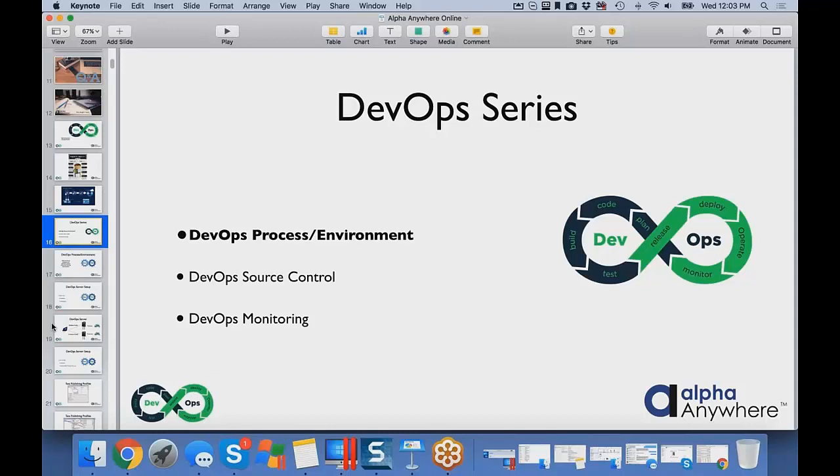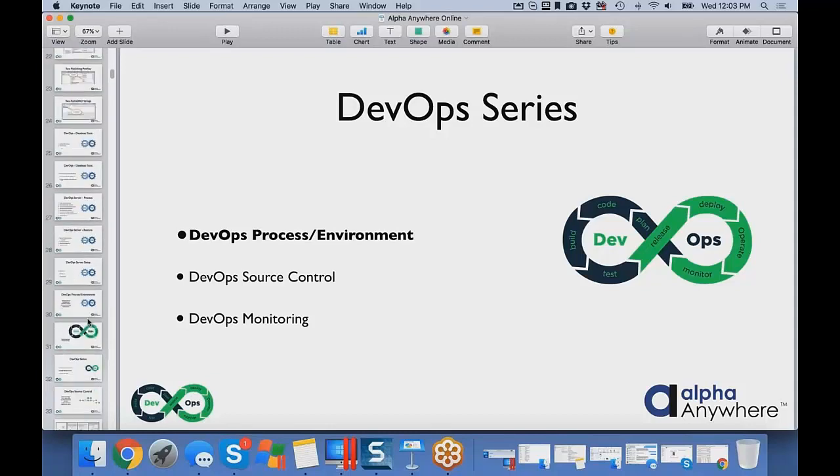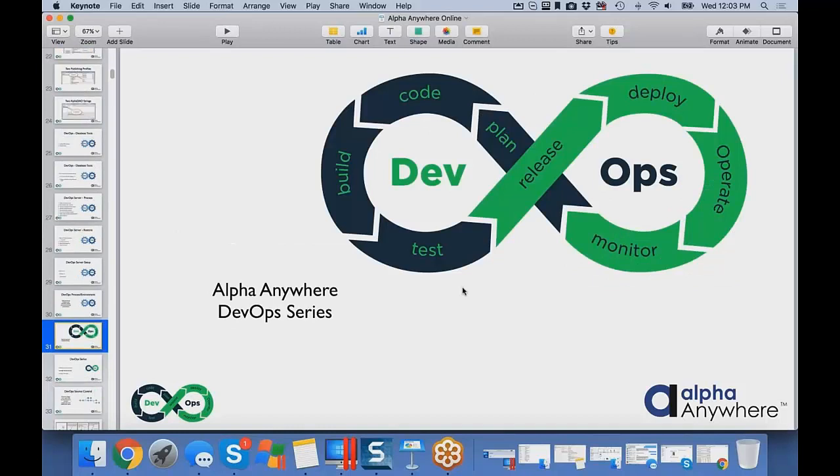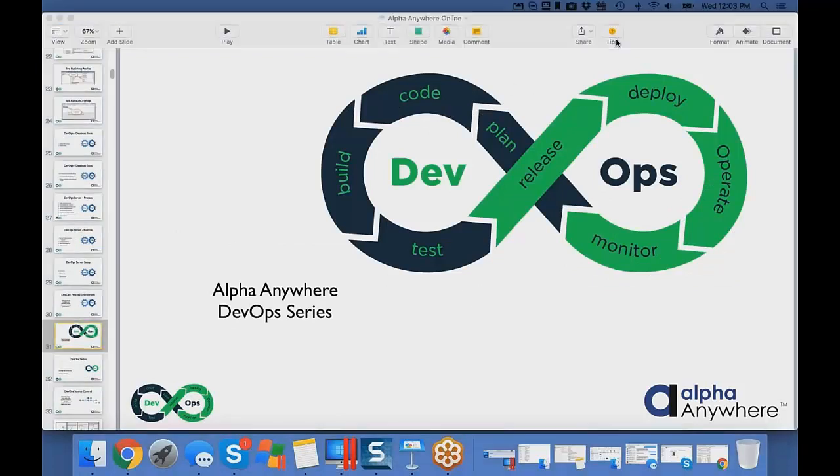There's a term that has become very adopted in the industry called DevOps, which encompasses all of the different elements that go into a system or process you can use to develop, deliver, and enhance solutions to the field.